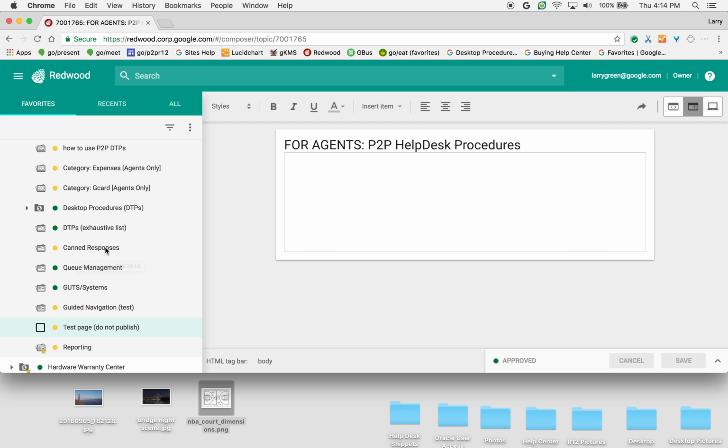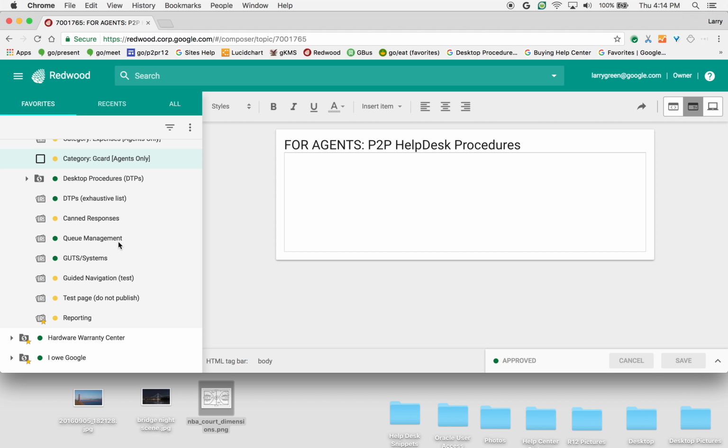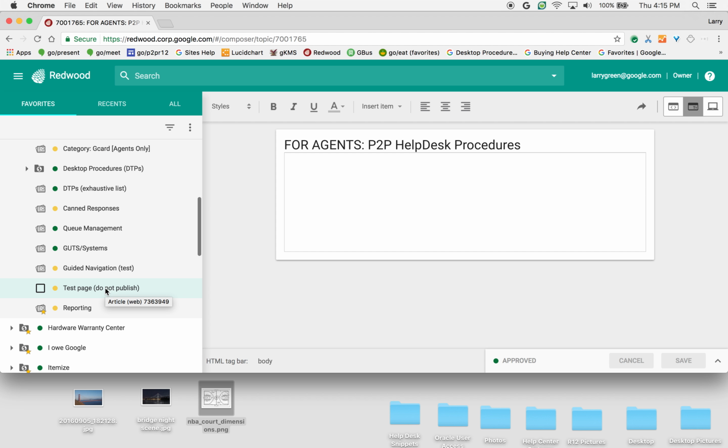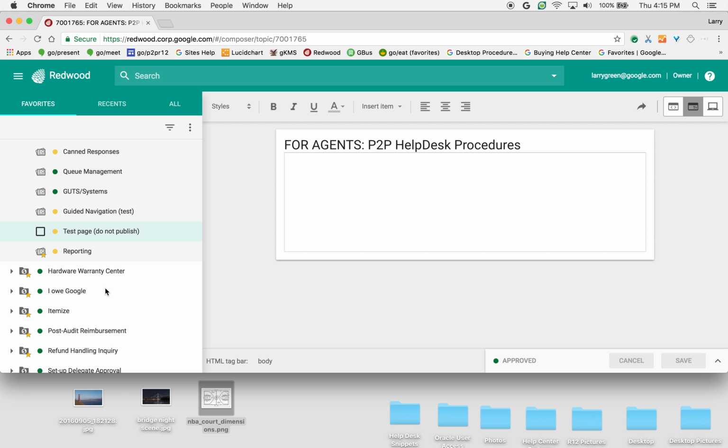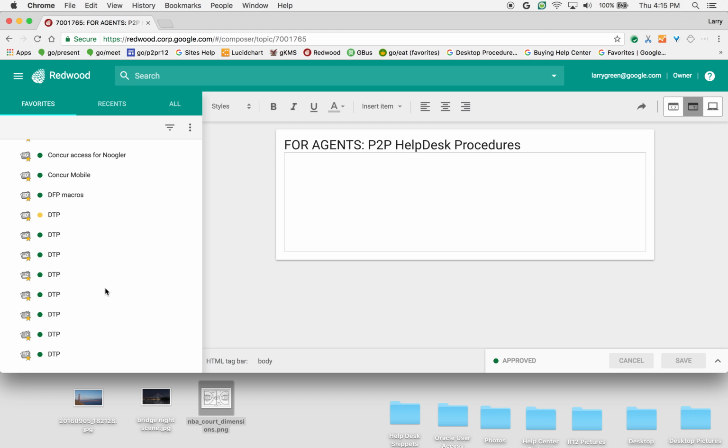So for starters, I wanted to show you where we are. So I'm in the For Agents section of our Help Center. And then from here, this is where I created this little test page. But you would go to the actual page that you would want to add the image to. So from here, now that we are oriented in where we are, I'm actually going to scroll down to my